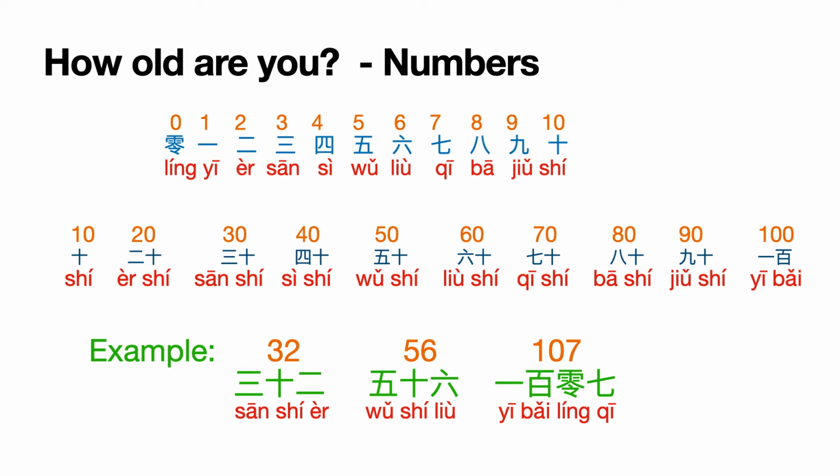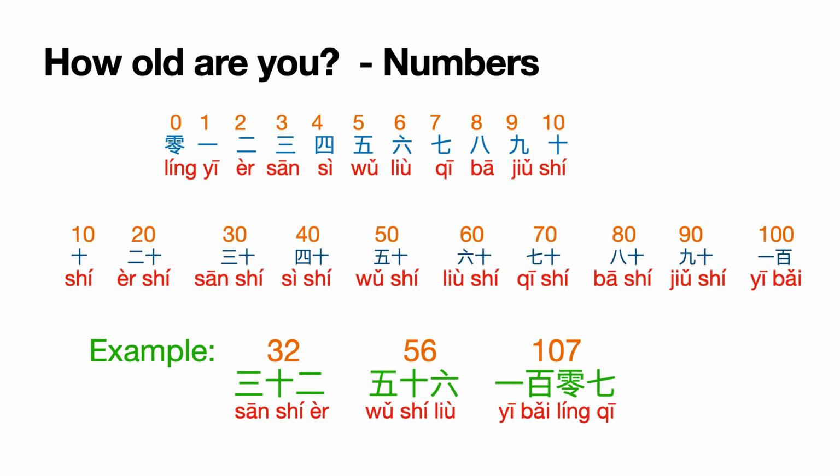Let's repeat. 一、二、三、四、五、六、七、八、九、十. And how do you form, like in English, 20, 30, 40, and to 100? So you simply put 10 at the end next to the numbers, like, for example, 20,